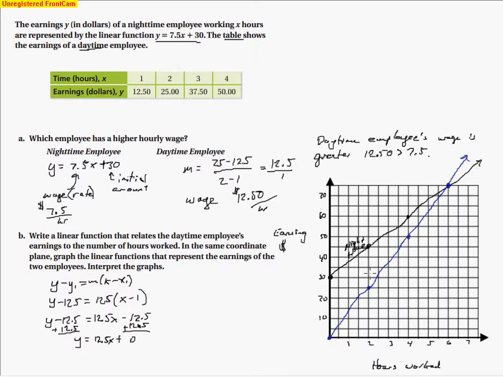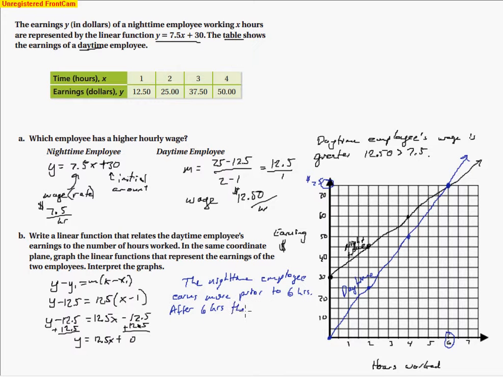And there it is. And so this is the daytime employee. So what they're asking is interpret the graphs. And so what we could say is the nighttime employee earns more prior to, it looks like it's 6 hours. So at 6 hours, they both earn $75 right there. So prior to 6 hours. And then after 6 hours,